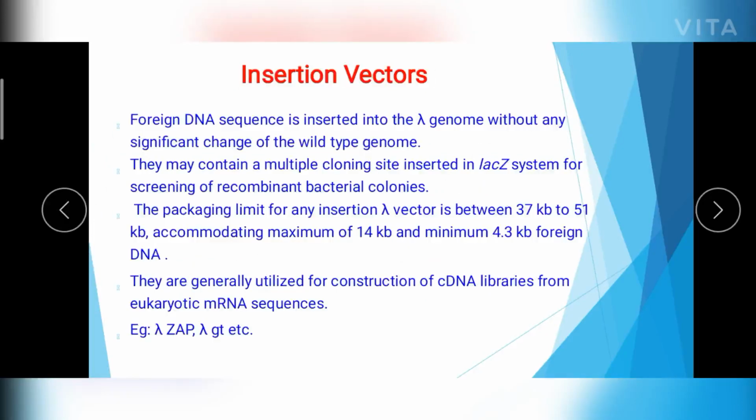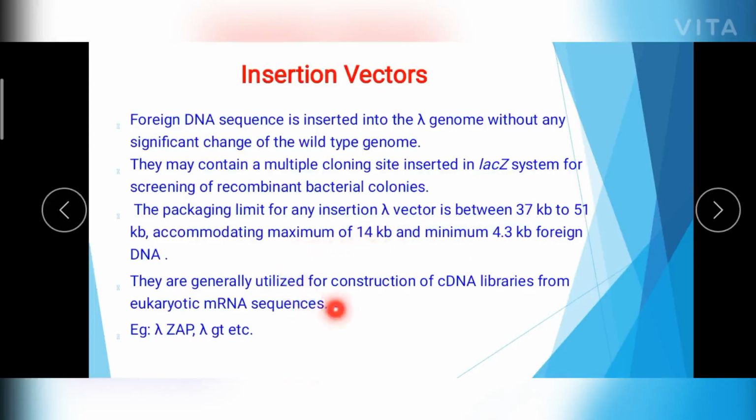Coming to the first one, insertional vector. Here the foreign gene is inserted into the wild lambda phage genome by cutting the genome at one site, and this site is also present in the marker gene, that is the LacZ gene. So here you can insert a minimum of 4.3 kb and a maximum of 14 kb of the foreign DNA